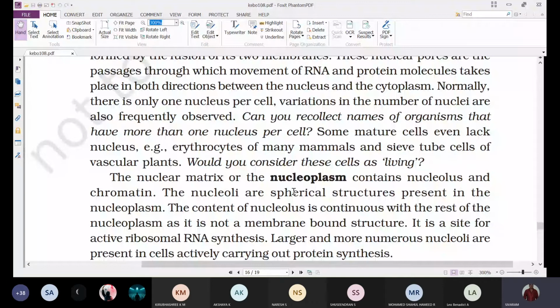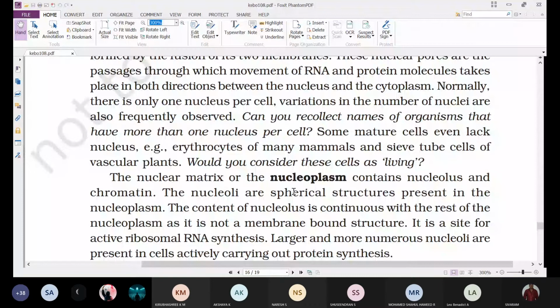While we are discussing the characteristics of living, we come across this one. Metabolism is a very important characteristic feature of the living. So those cells which perform metabolic activities are considered living, even though they do not have a nucleus, because they possess other cell organelles like mitochondria and perform metabolic activities. That's why they are considered living.